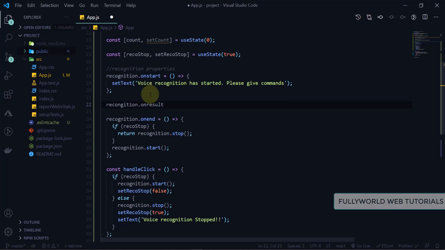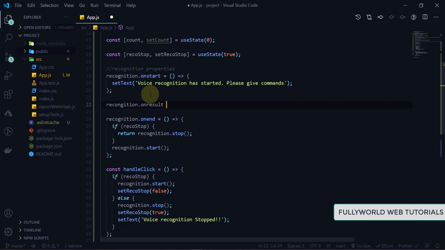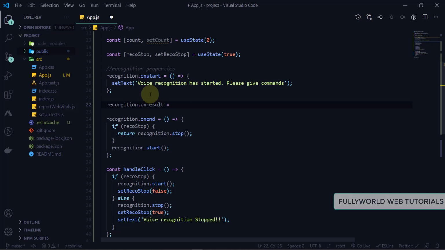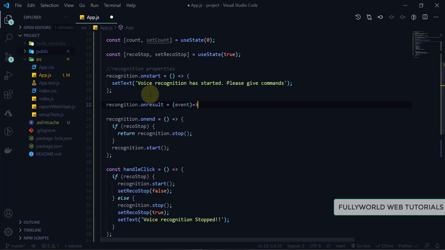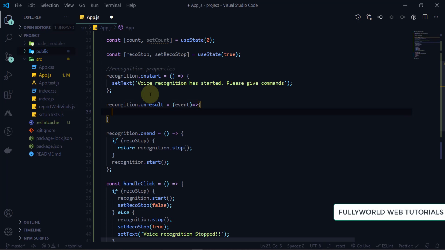So when we speak something, and after that, on the recognition, what is the speaking result, it will give us a voice to text version. So here it will take one parameter, that is event, and this event is a default parameter. So first of all, let's console.log this event here. So what is here in this event,